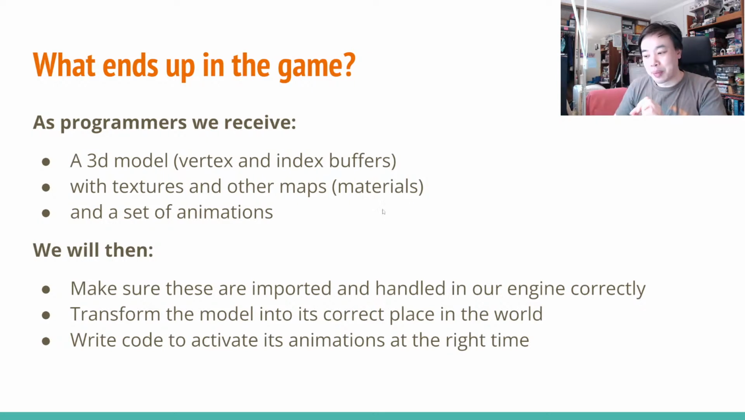But in general, we want to map these to the correct parts of our rendering engine. We will then also do things like set up a transform for this model so that it gets the correct place in the world. So place being its orientation, its location, and its size, and things like that. And also we would be writing code to